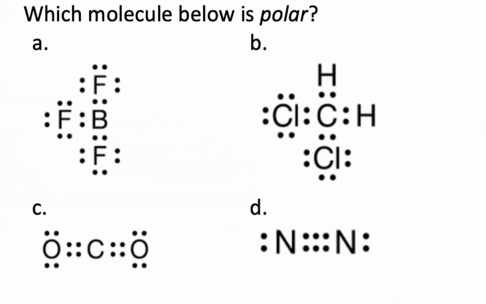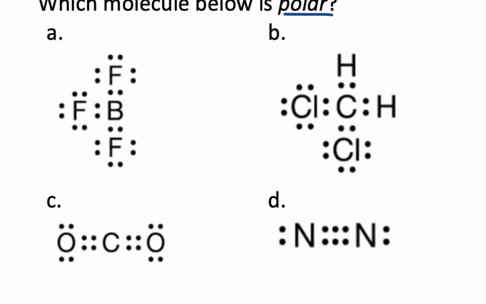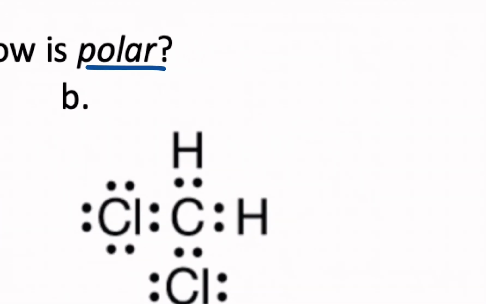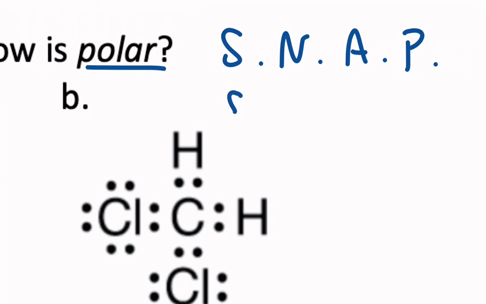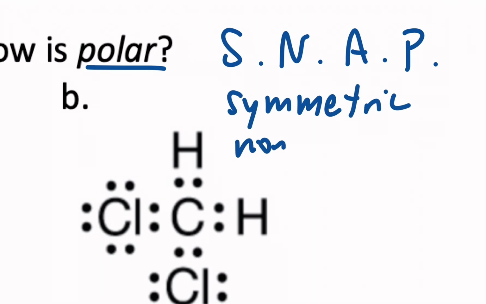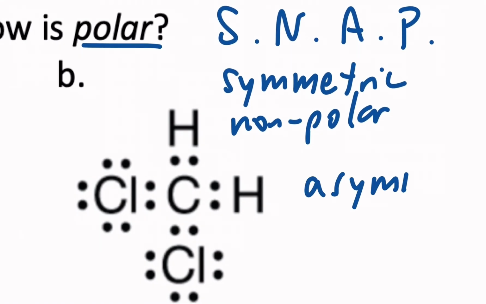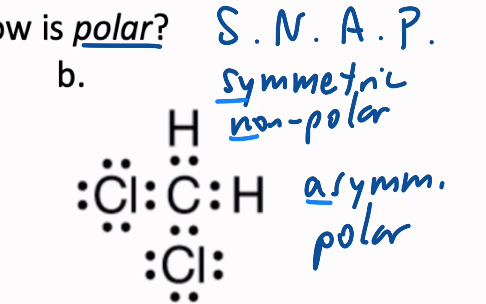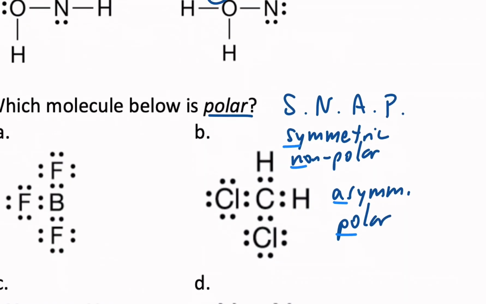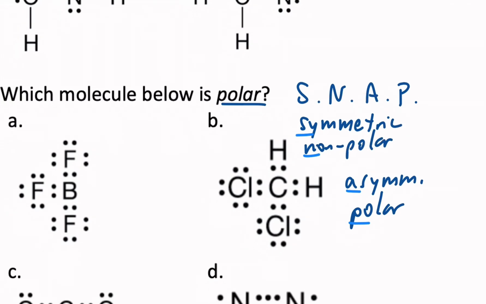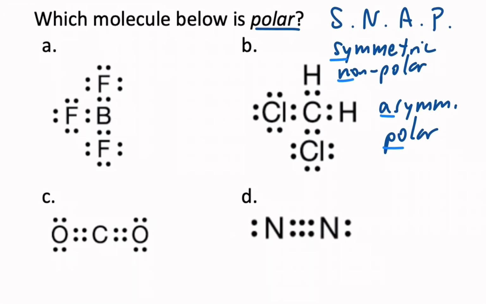Right below it, which molecule is polar? Polarity has to do with asymmetric distribution of charge. If you are symmetric, you are non-polar. If you are asymmetric, then you are polar. Symmetric, non-polar. Asymmetric, polar. Symmetric means completely symmetric about the central atom, and don't be fooled by the way some